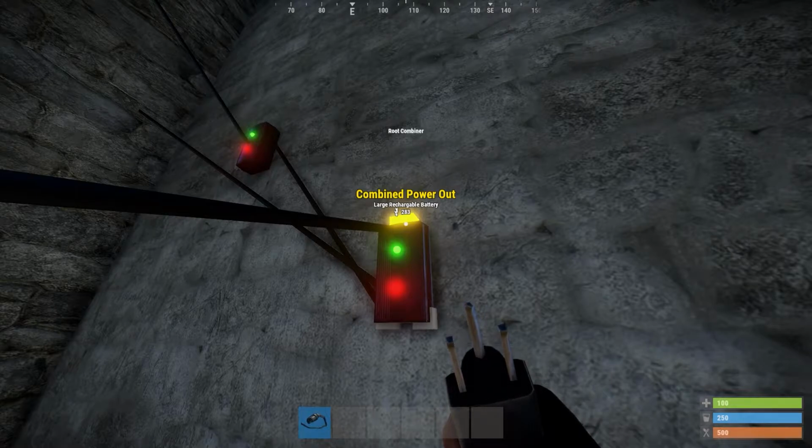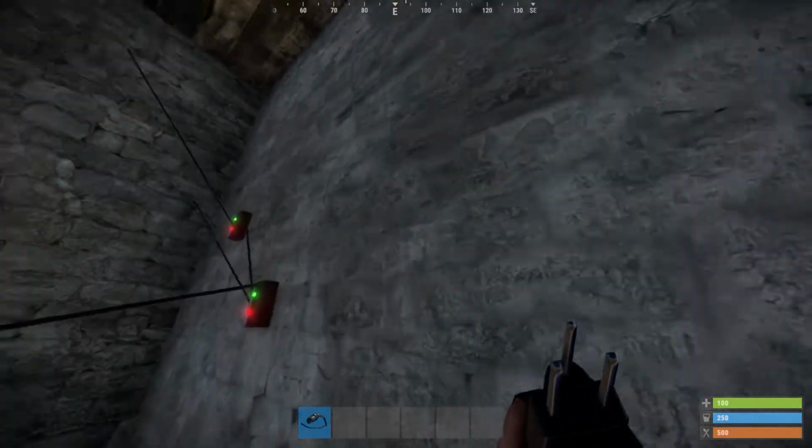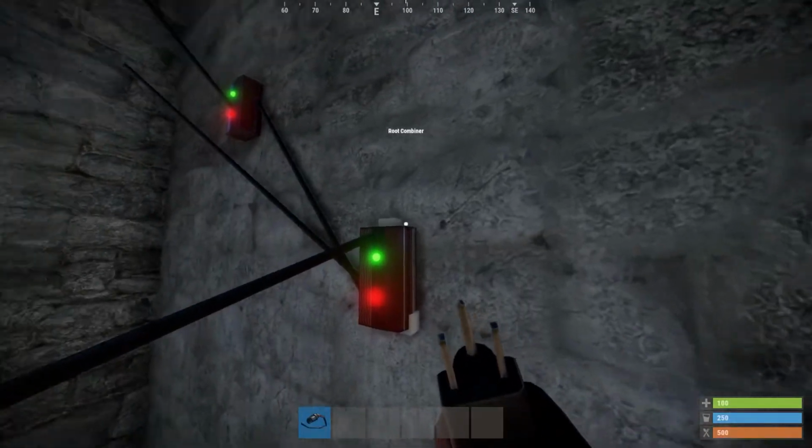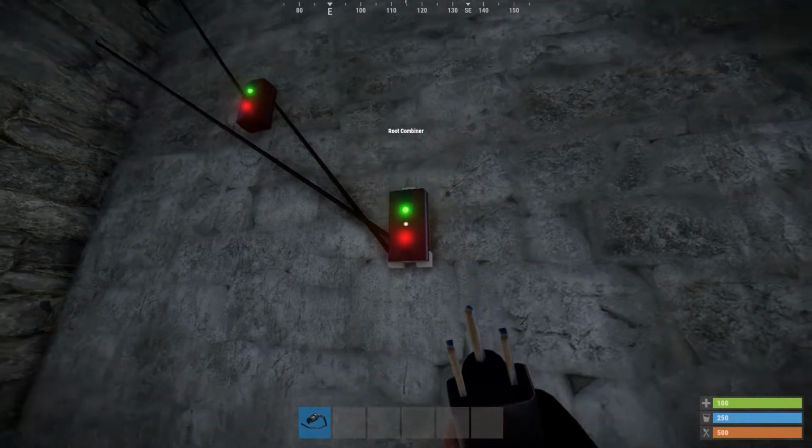Now keep in mind, for most stuff, like basic things you need in Rust, it is going to cost nowhere close to this big number. SAM sites are 25 power each. Turrets I think are 20. So you will never need this much power, but hey, if you want to power a lot more stuff, go ahead. So say I disconnect it from here,